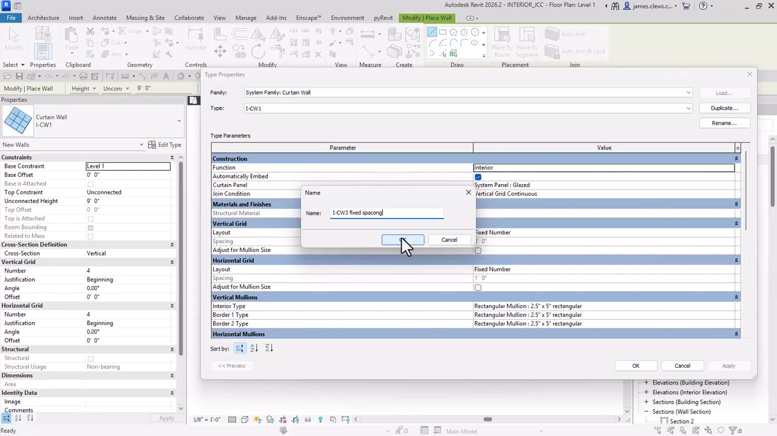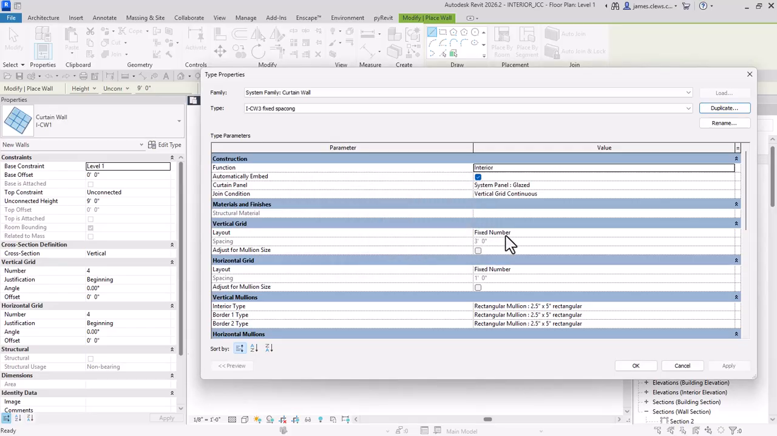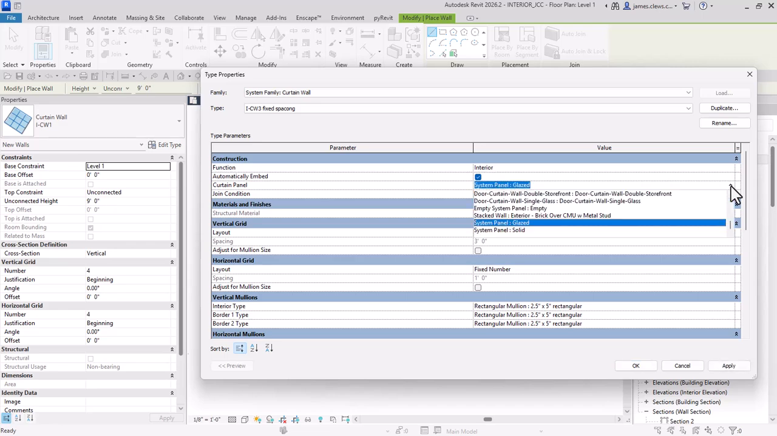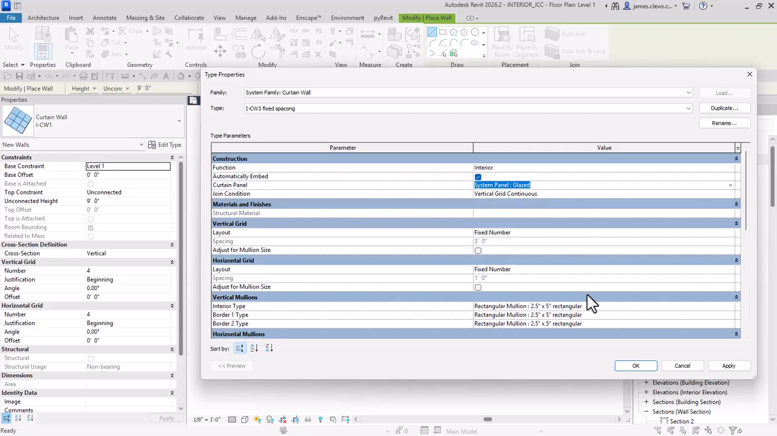Right? So if I make a copy of it, what I'm seeing here is that I can tell it what it should report in terms of a schedule for walls. You'd be able to flag that it's only interior walls that you're interested in. Automatic embed means you can put it inside another wall, or you can have it freestanding. It's got a glazed panel. That's where we decided on what we should have in our curtain wall. Vertically,